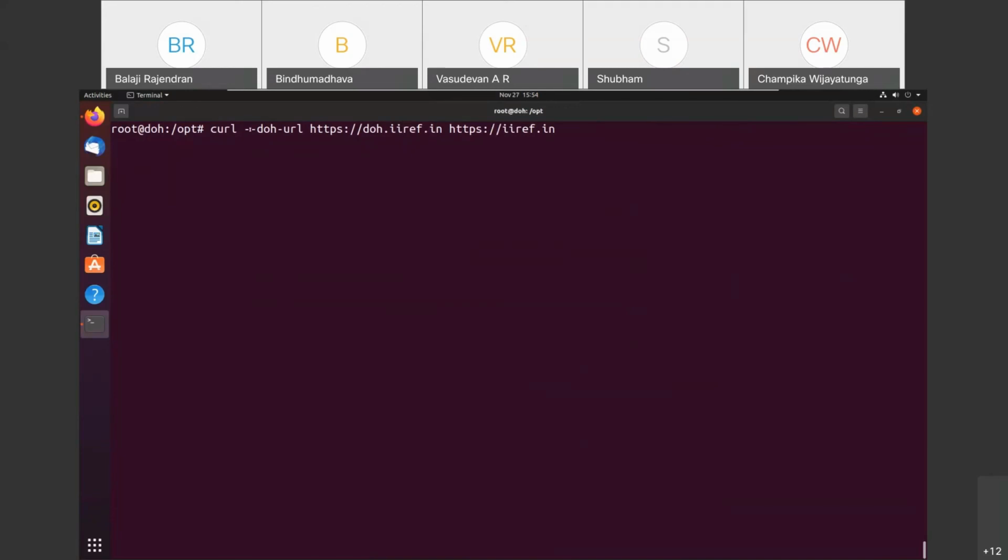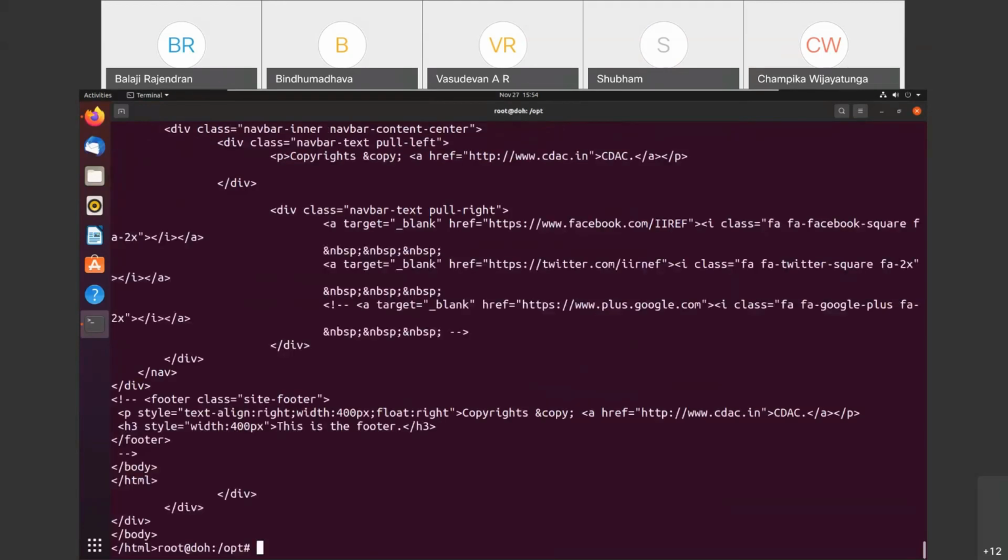So in curl, I can specify the DOH URL using this option, and after that I have to specify the site that I want to access. It will resolve the site's name with the DOH server provided here and then fetch that site. So I have got the response. It means that this method is also working.